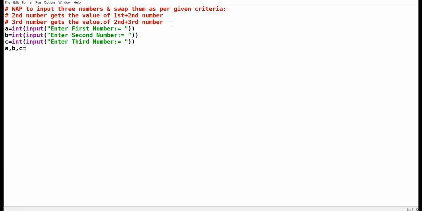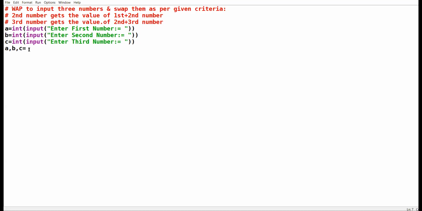Now, what is the criteria? How to interchange? Second number gets the value of first plus second. This is the first number, this is the second number, this is the third number. Now here see carefully. The program is giving information about the second and third number, but no information is given with respect to the first number.